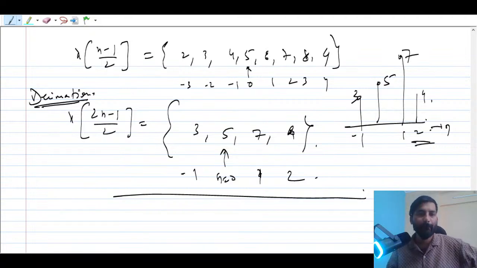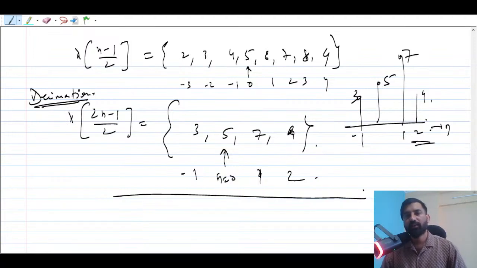Okay, so I think this is enough, right? So how to introduce fractional delay, that I have told you. First you have to go for interpolation, right? Then you have to shift, then decimate. Okay. So this example I have taken from your